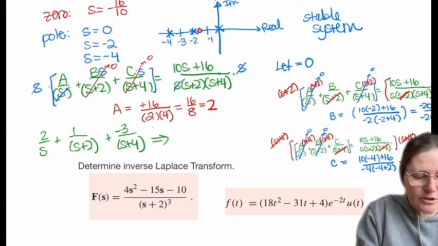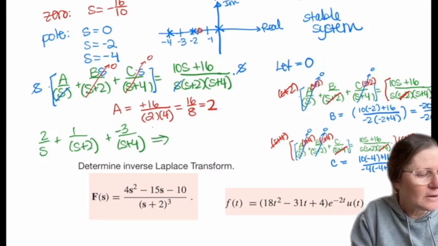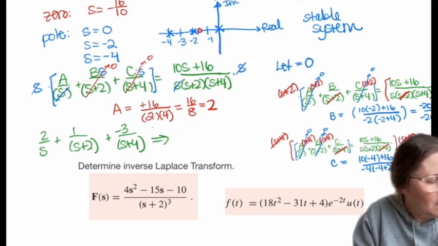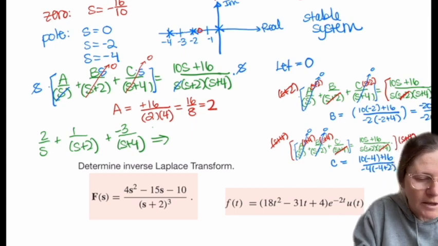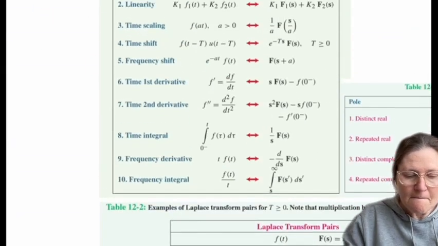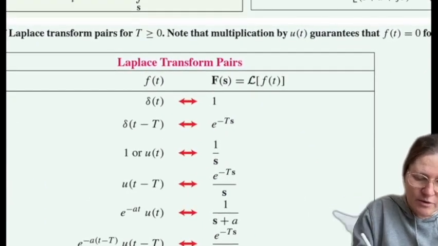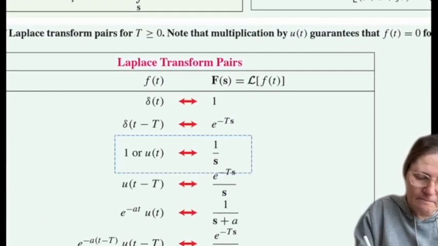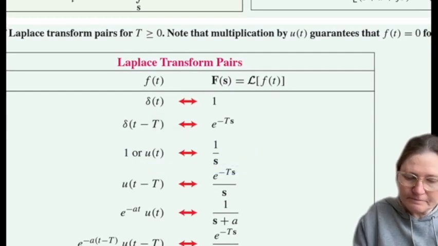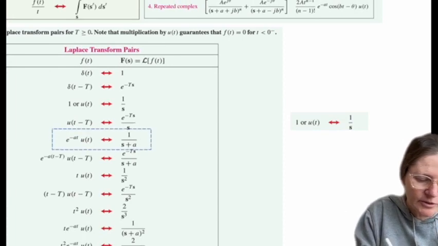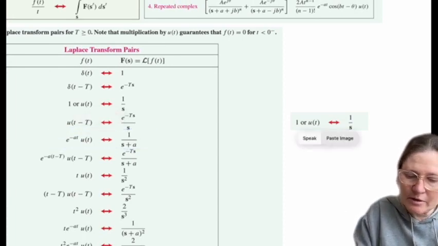And doing the inverse Laplace, we have the 1 over s, and then we have this, which is a number over